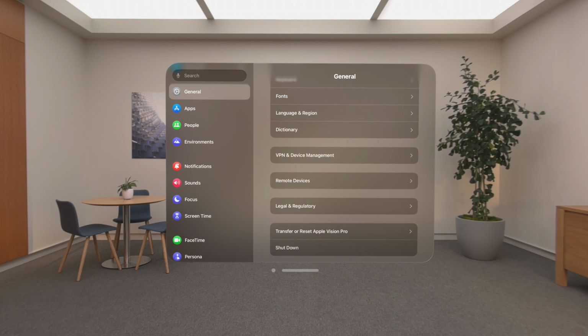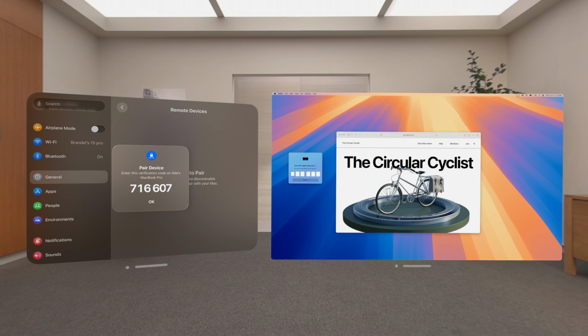Next, you'll need to open your Apple Vision Pro to remote devices. That's at Settings, General, Remote Devices. Then, in Safari on your Mac, go to the Develop menu, and you should see an item for connecting your Apple Vision Pro labeled Use for Development. Your Vision Pro will generate a 6-digit number that you'll need to enter on your Mac. And then you're done. You'll only need to do this the first time you connect the two machines. After that, the visionOS device will turn up in your Develop menu in Safari whenever the two devices are running and connected to the same network.